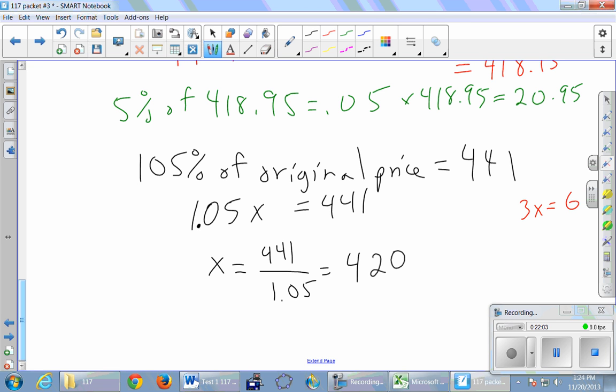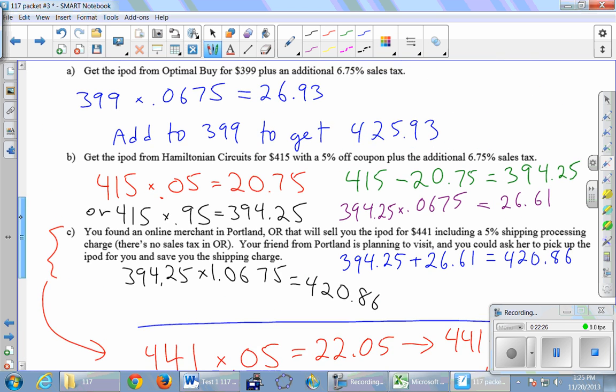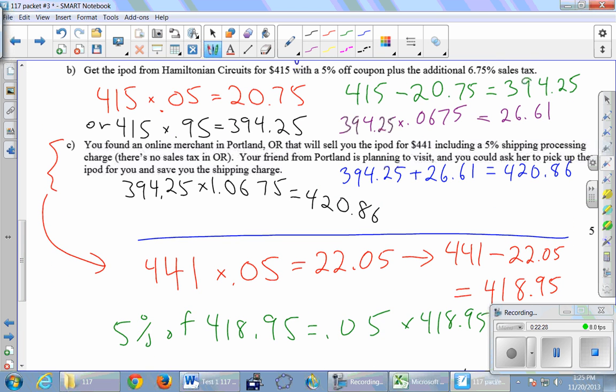Griffin found the mistake and then showed us how to solve. This is the tough one. People have such a hard time with taking a final number that's been found by going up or down a certain percentage from an original, because your intuition is wrong. Our intuition said, oh, we'll just take 5% off from the 441, but it doesn't work. So just be really careful. If you are given a final number, this 441 included something, those are the tricky ones. The other ones, I gave you the starting point and you just follow your intuition by adding or subtracting the percentages. But if you know the ending number, that's the tricky one.